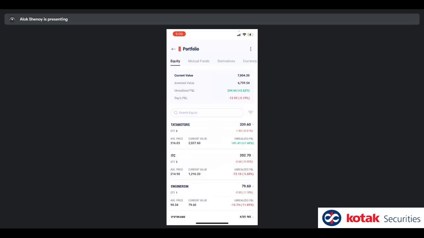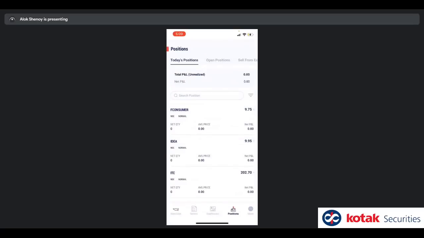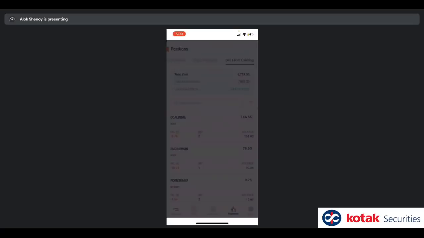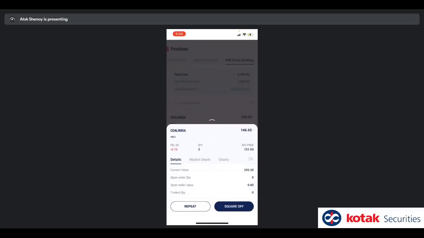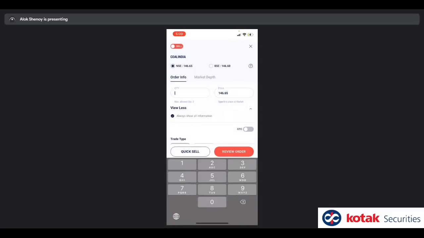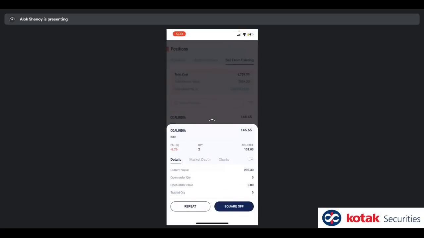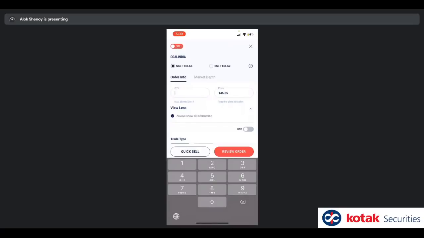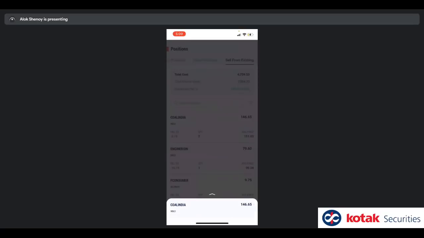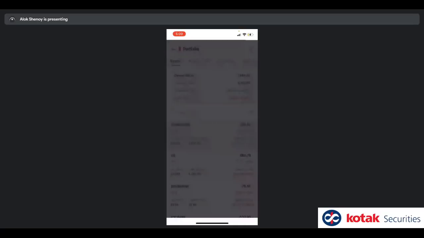A lot of people have a question with respect to when I sell, whether it becomes a short sell. The ideal place to go if you want to sell is to go to sell from existing, click on a certain entry and say square off. If you say square off, the benefit is that right below the quantity field, we show you the max allowed quantity, which is 2 in the case of Coal India because I have only 2 in my DP. It is giving this clarity that I should not sell more than 2 because it is selling from my existing holding.